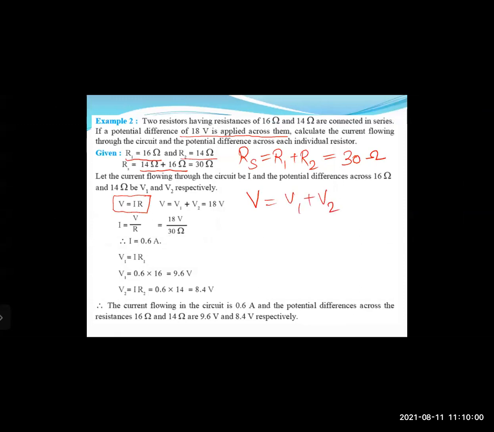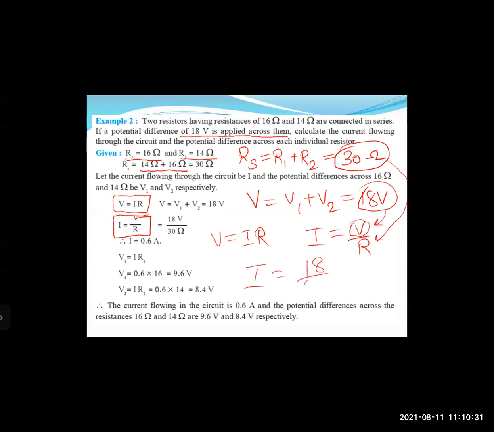And V1 plus V2, they have given 18 volts. Total voltage is what? 18 volts. Okay. Now we have to calculate what? The current flowing. So our Ohm's law is what? V equals IR. So I will be equal to V by R, right? As you can see the formula over here, I equals V by R. So value of V, we have 18 volts, right? And the total resistance that we have calculated is 30 ohms, so you can put that here as R. So we can write I equals 18 by 30, as you can see over here. So we get I value as 0.6 amperes,